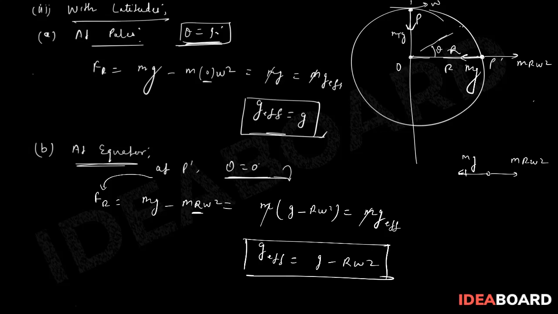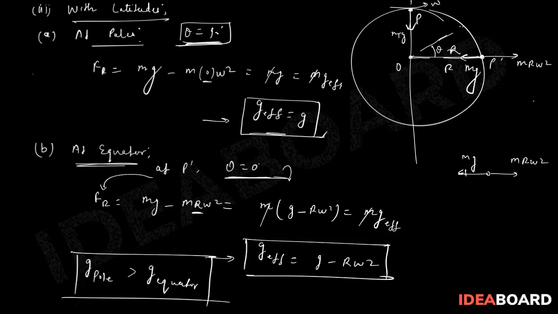Okay, so these are the small formulas which I suggest you remember. From here we also observe that g at the pole is always greater than g at the equator. Okay, so this result we can observe. So I believe you are very clear with the variation part. This is a highly important part, variation in gravity due to change in height, and simultaneously with the angular velocity omega of the earth. Fine, yeah.